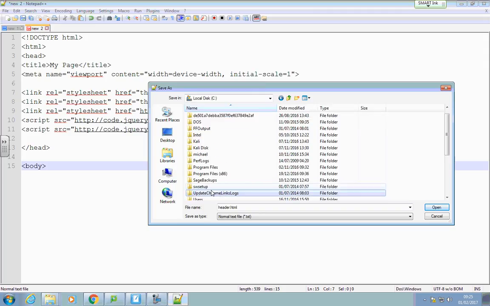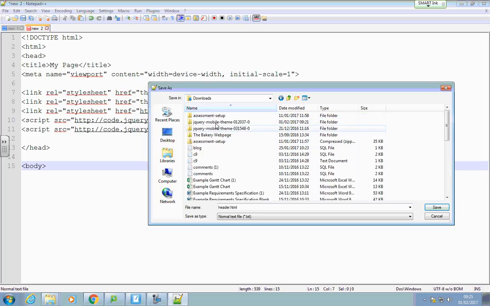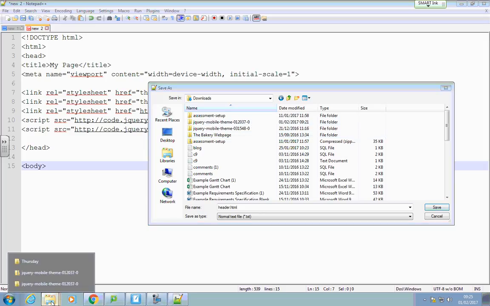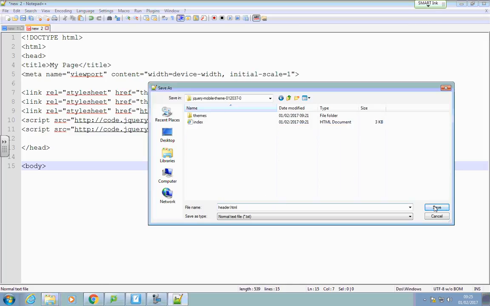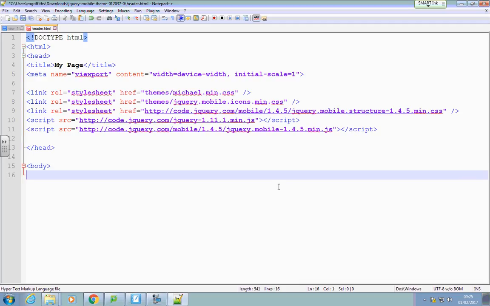See users, downloads. And it is a couple of them. 1, 2. Okay, so I'll save that as header.html. Alright, and check changes. So